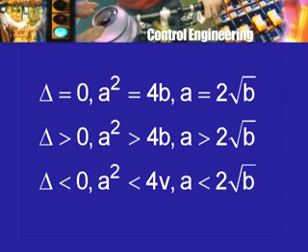So depending on which one of these relationships holds, if the coefficient a equals 2 times root b, then the roots will be coincident, or there will be a repeated root of multiplicity 2. If a is greater than 2 root b, the roots will be purely real, of course lying in the left half plane and therefore on the negative real axis. Whereas if a is less than 2 root b, the roots will be complex but lying in the left half plane.